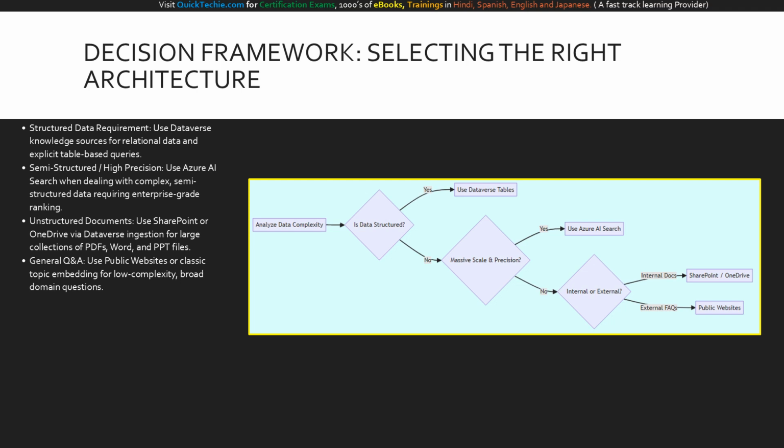To wrap up our strategy, let's look at the decision framework for selecting the right knowledge architecture. Your choice depends heavily on data complexity and precision requirements. If your data is highly structured and relational, you should leverage Microsoft Dataverse tables as your knowledge source. If you are dealing with semi-structured data that demands high-precision semantic ranking at a massive scale, Azure AI Search is